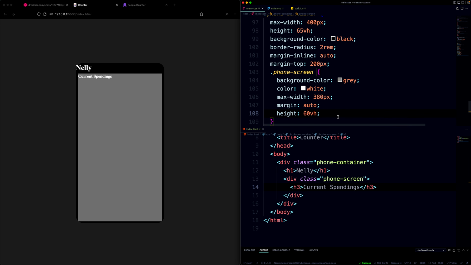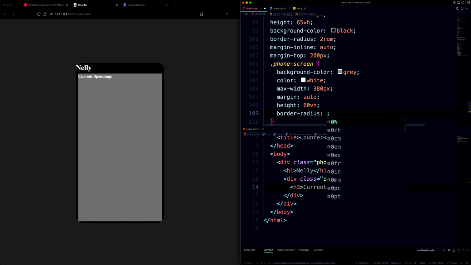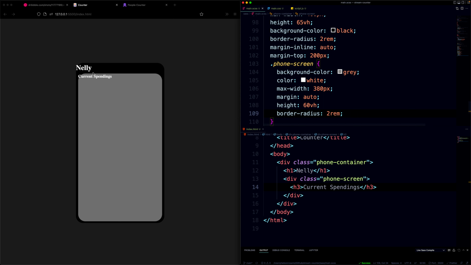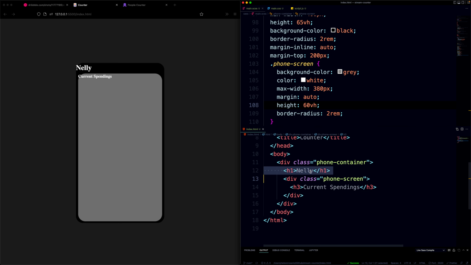So now we have the actual screen. And then the border radius, I'm gonna do 2 rem. Okay, that doesn't look too bad. I think it needs to be a little bit taller though. So the phone is 60. What if I do 65? Okay, so it just passes it. Oh, because I have that element right there. So if I take away Nelly,